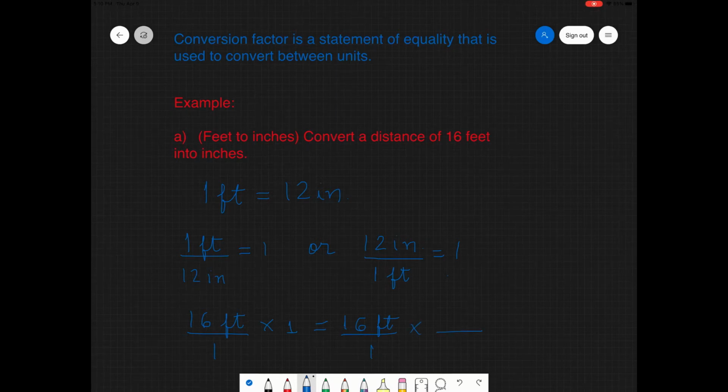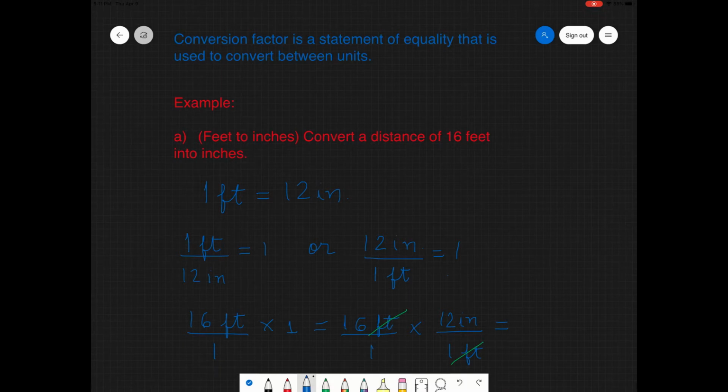So the conversion factor has to be in the form where feet will be canceled and inches is the leftover kind of unit in my result. So feet has to appear in the denominator of the conversion factor and inches in the numerator. Because of the properties of multiplication of fractions, we can cancel out feet and the leftover unit is inch. So we know then that the conversion factor has to be 12 inches divided by 1 foot,